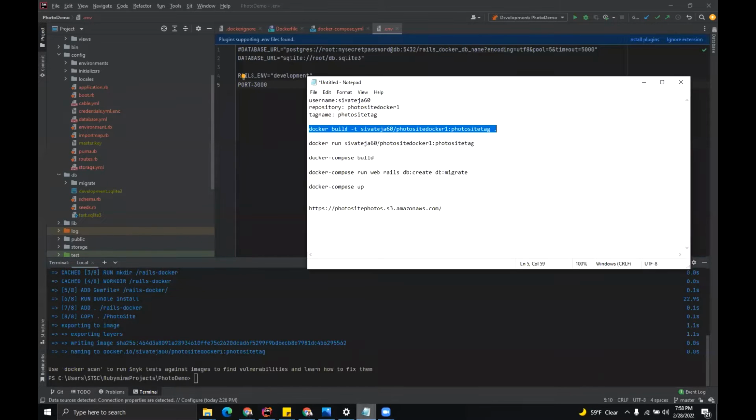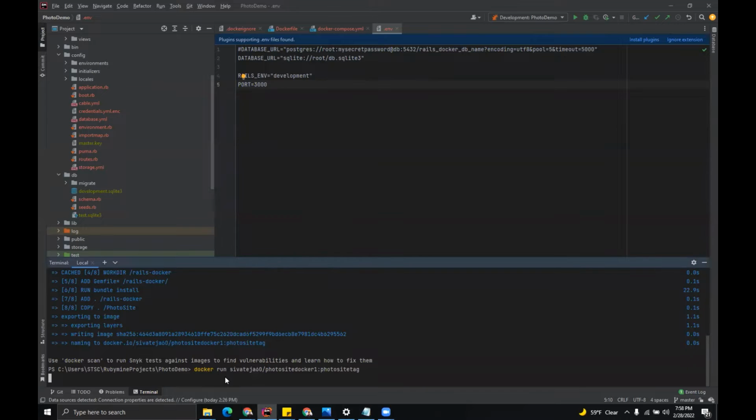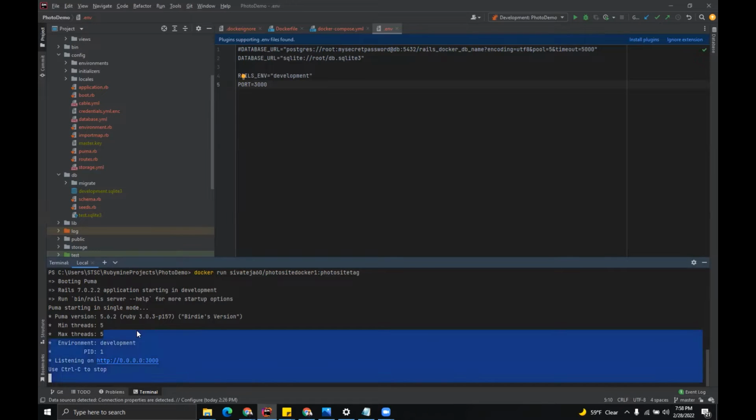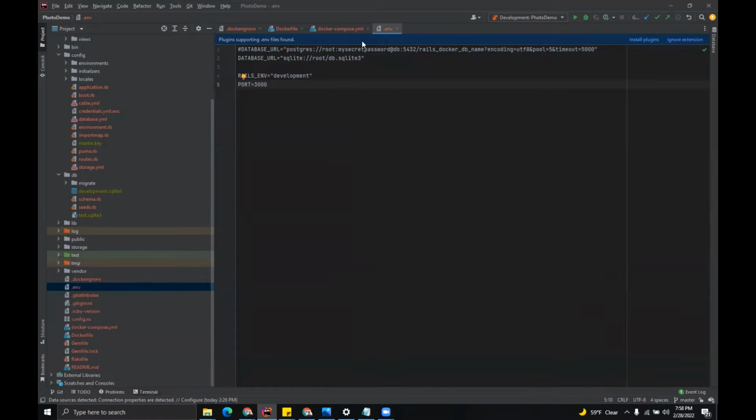Now let's copy the second command, then paste it here, and we can click on enter. So it was successful. If you want to stop it, you can just press Control C, and sometimes it doesn't work, and then you can just right click on this